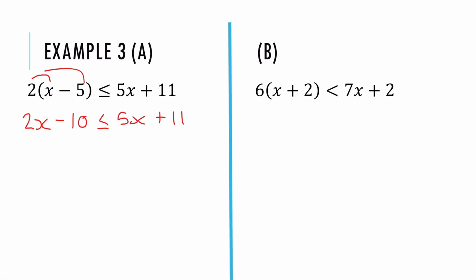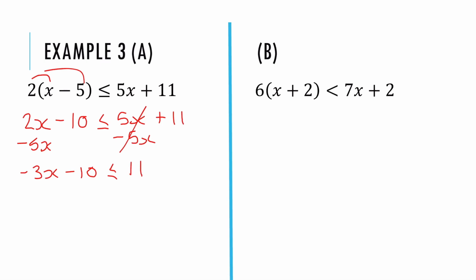Now we've got a 5x on the right hand side of the less than or equal to sign. We don't want it to be there. We want to get rid of that. So we're going to subtract 5x from either side. That leaves me with 2x take away 5x is negative 3x. Take away 10 is less than or equal to, and all we've got left on the right hand side now